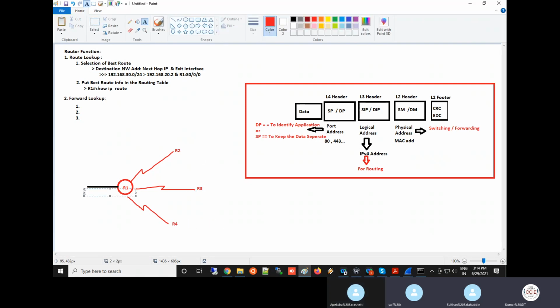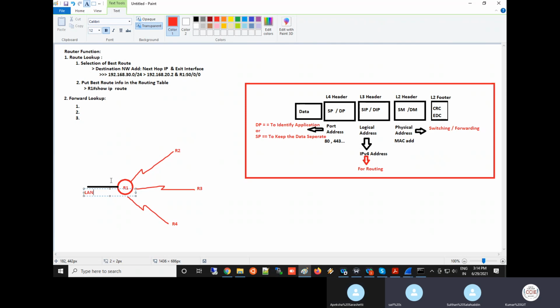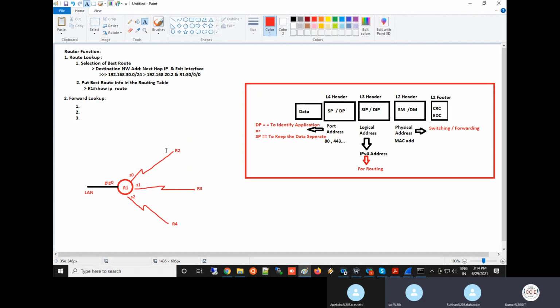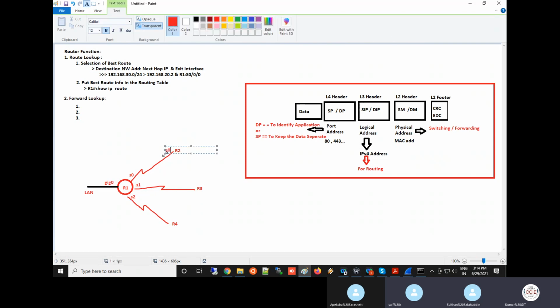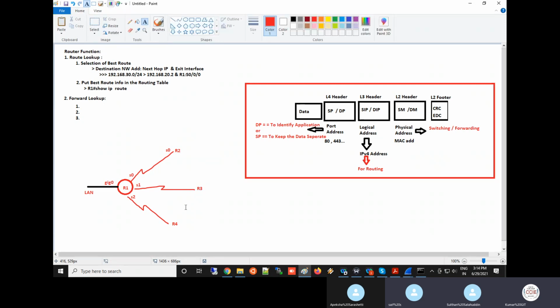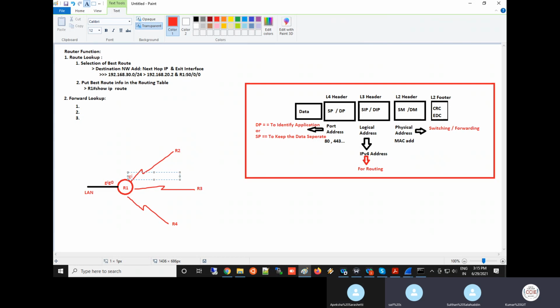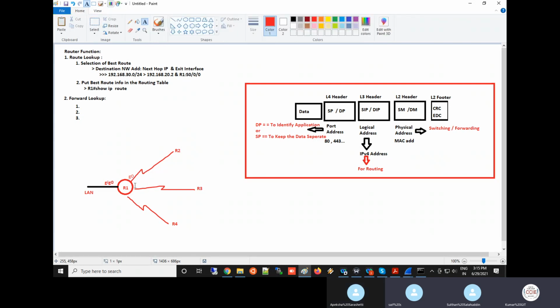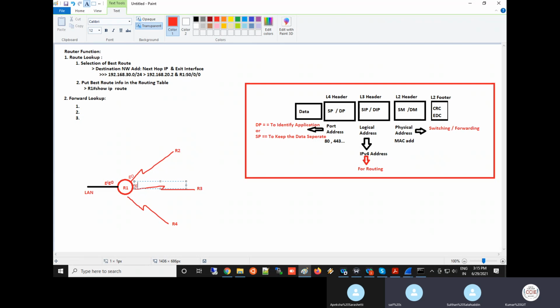Now this is your LAN, so this is FA0, or gig 0 nowadays. Now this is S0, S1, S2, and this is R2, sir, which interface, S0, for example. Or let me put the gig only. Nowadays there are no serial ports. I'm working in a bank now, and it's all gigabit ports only.